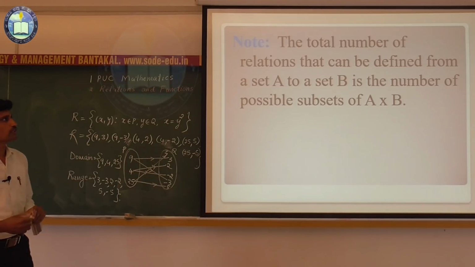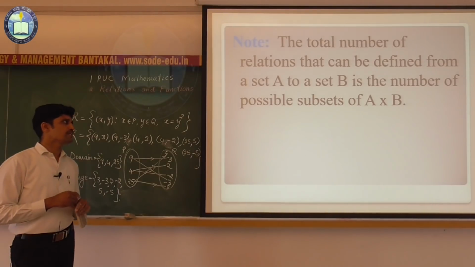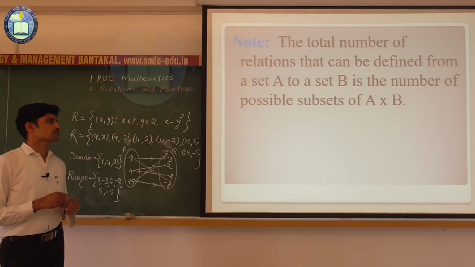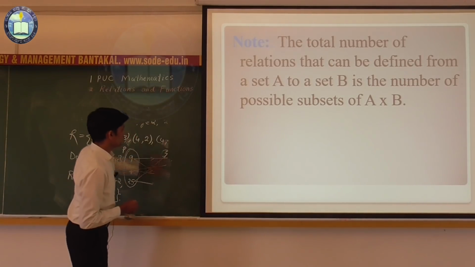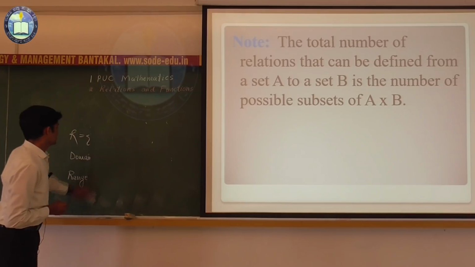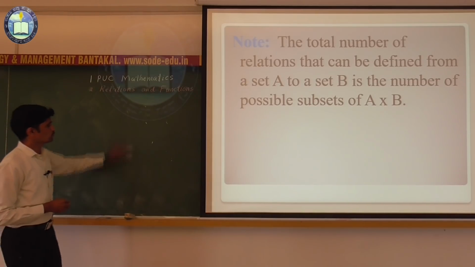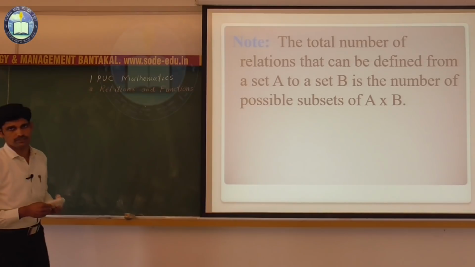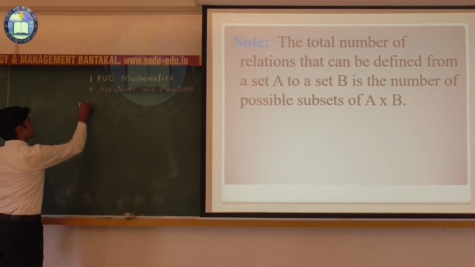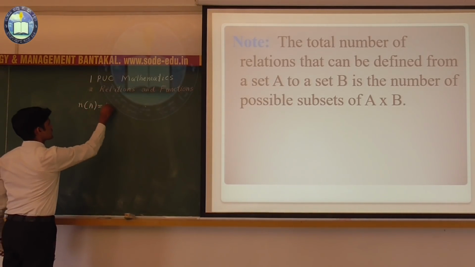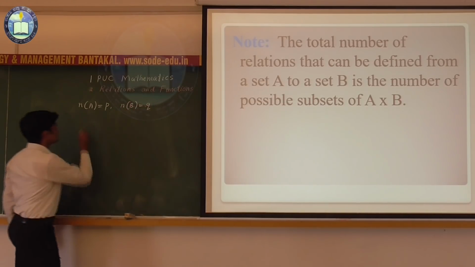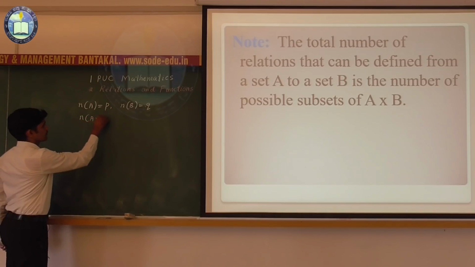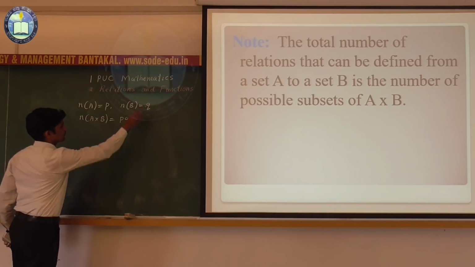Now, here we have a note. The total number of relations that can be defined from a set A to a set B is the number of possible subsets of A cross B. Already we discussed that the number of elements in A cross B is equal to the number of elements in A into the number of elements in B. Suppose the set A has P elements and set B has Q elements, then A cross B has P into Q